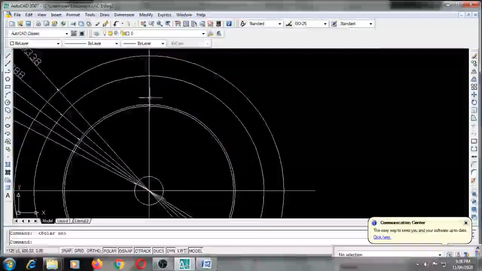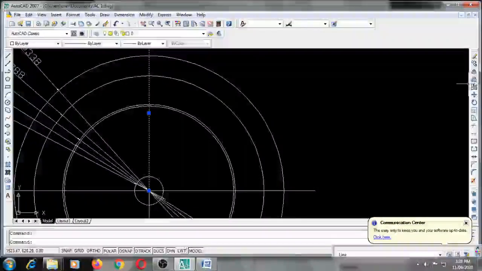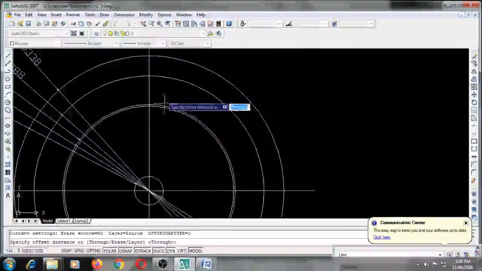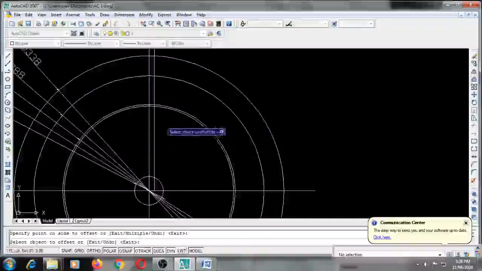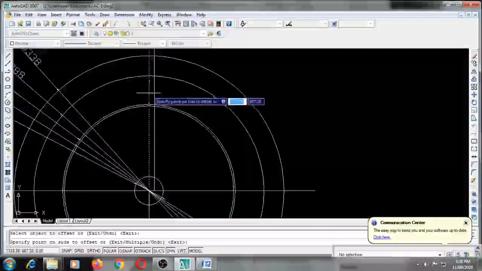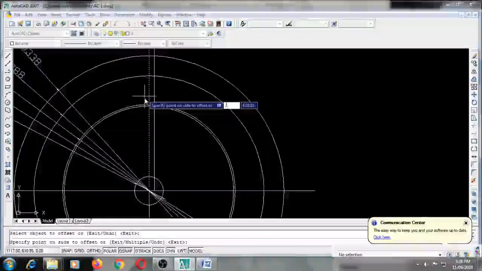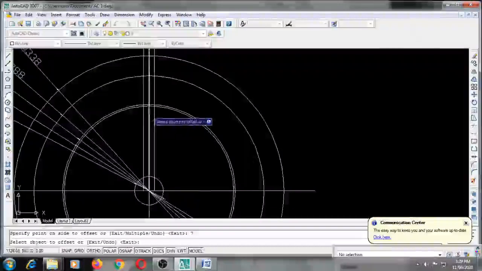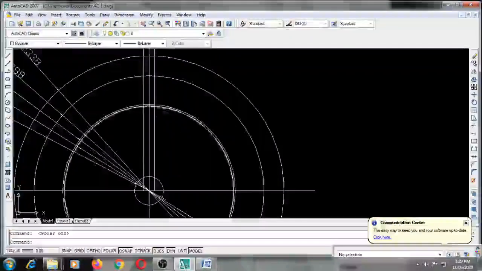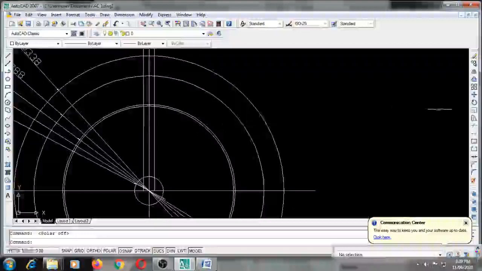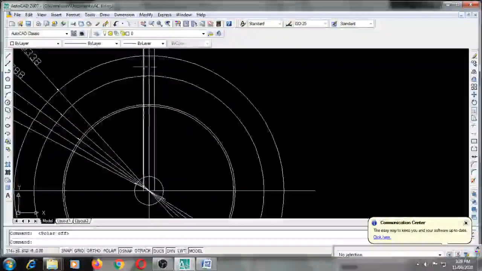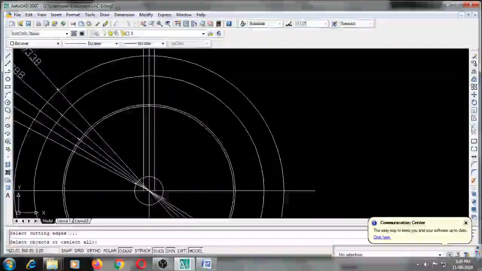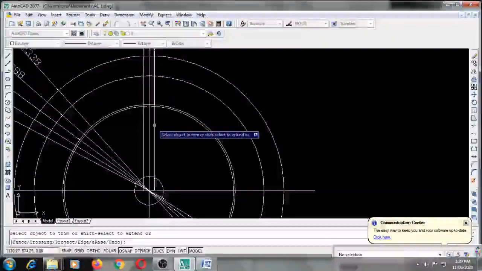To do that, I will use offset. Select this, go to offset, mention the size, that is 7, and enter. I want it on the right side, so click it here. Again select this center line and type 7, enter. We will get it on both sides. Now I don't want this extra line, so trim it and keep just the line inside this circle. After that we can delete the extra part. I'll just trim the unwanted portions here. Select the trim option and trim it like this.